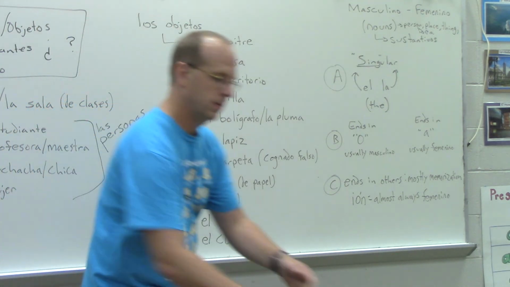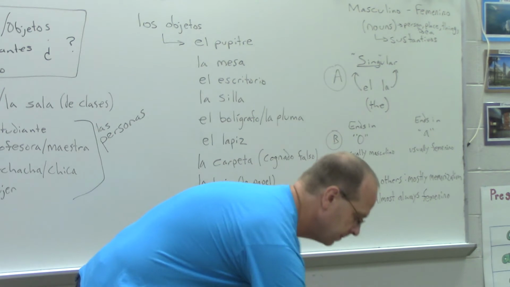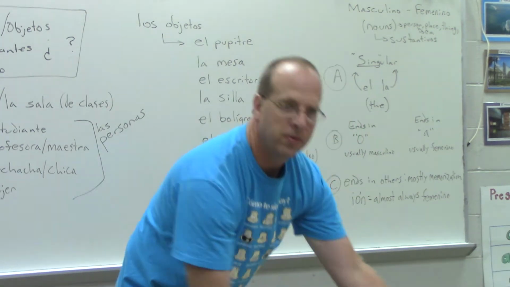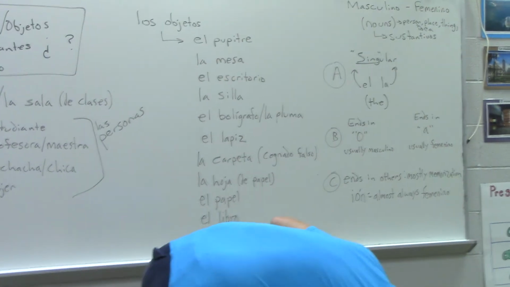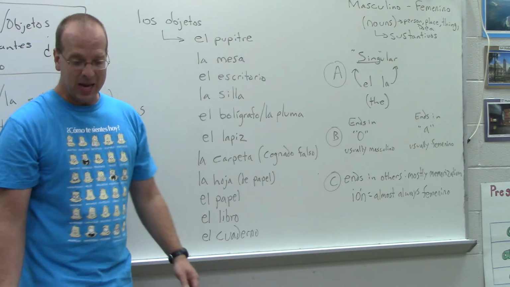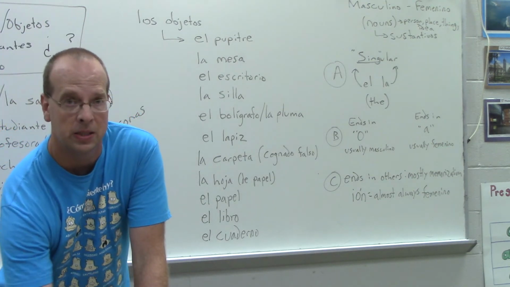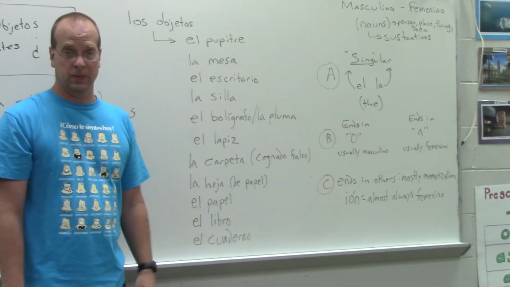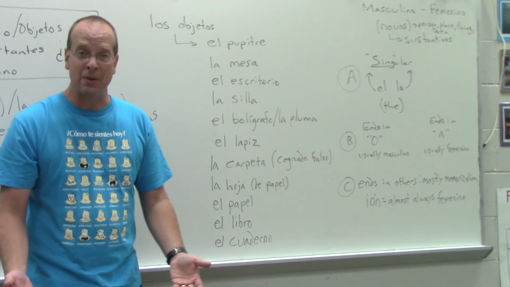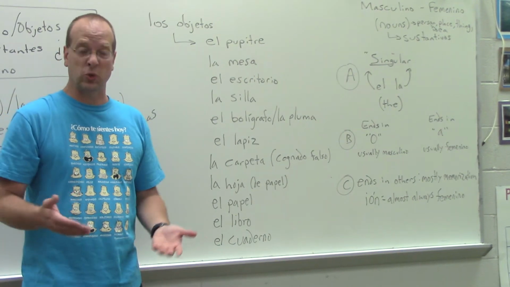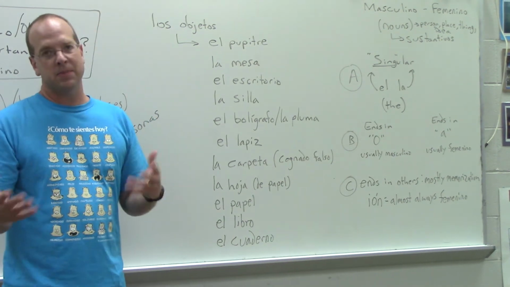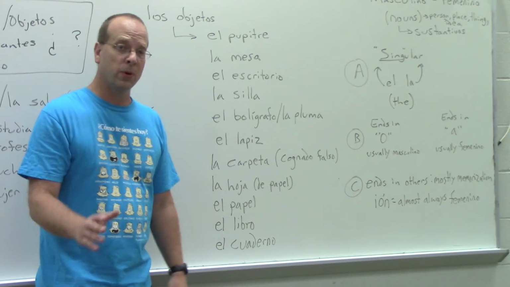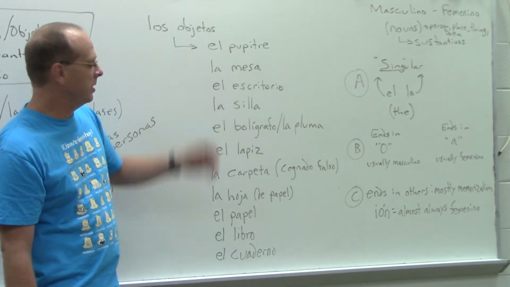Then we have la mesa. And look what I have. I have a mesa right here in front of me. Look, it's a mesa. Okay? Now there are obviously bigger ones, but that can be called la mesa. Now, let's imagine that this had a drawer that connected into it. Then it goes from being la mesa to el escritorio. Okay? That's the difference between a table and a desk. If you've got drawers to put them in, it becomes a desk. If it's just flat, it's a table. And that's probably not an exact science, but that's how I'm going to define it for you today. So we have el pupitre, la mesa, el escritorio.